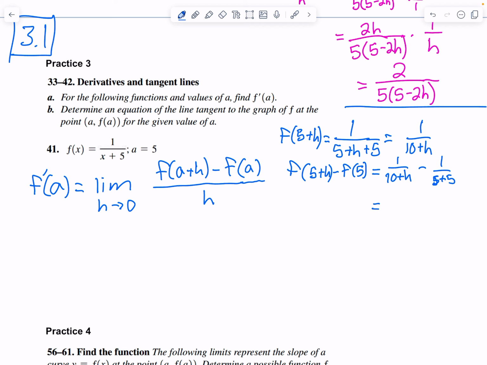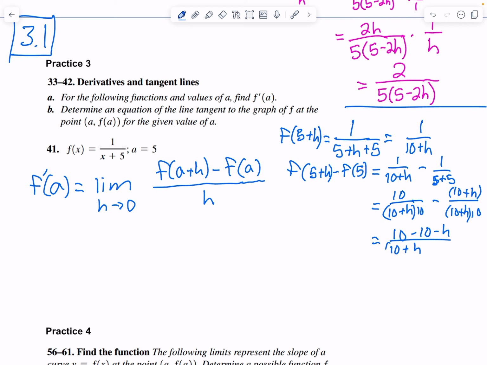So that's 1 over 10 on the right there, so I'm going to put a 10 above here, and I got 10 plus h times 10, minus the same thing, 10 plus h times 10, but I'm multiplying this side by 10 plus h. Putting those together on top, I get 10 minus h